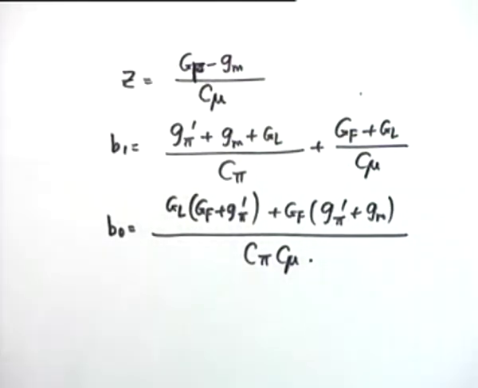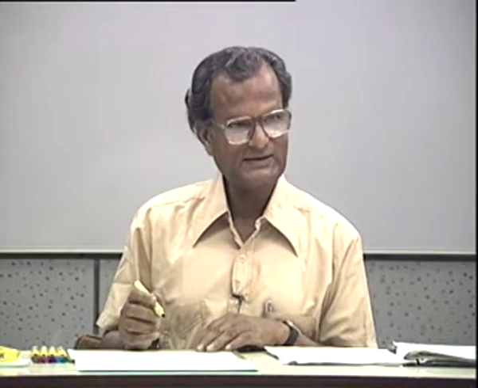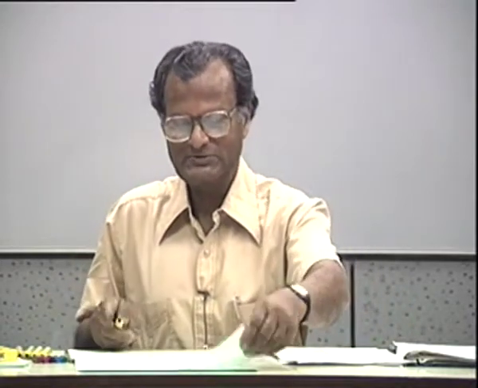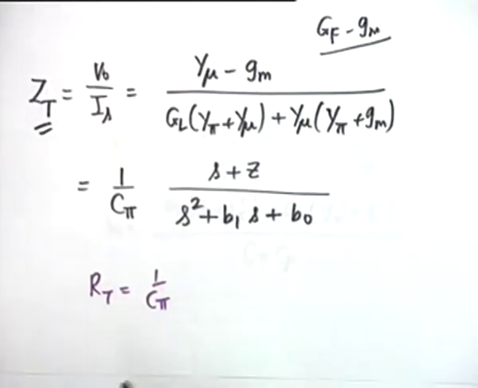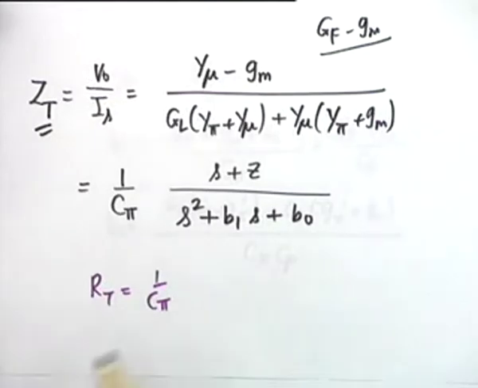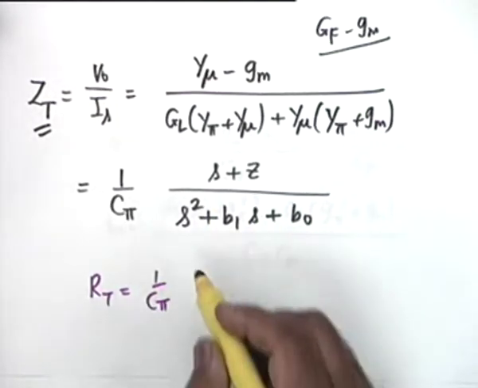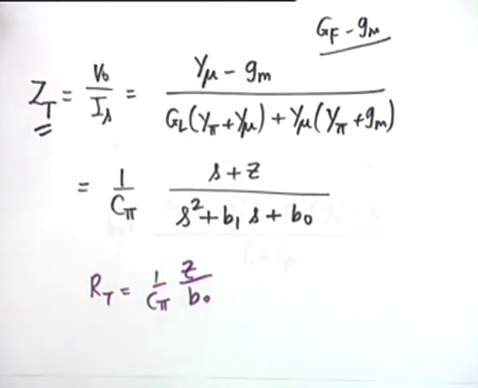Okay. Now, in order to find the midband gain, the midband gain obviously shall have the dimension of what? Impedance. So it will be a resistance. You can show that, if you go back to this expression, the midband gain would be 1 by C pi multiplied by, from this expression, Z by D0. That's right. So if you substitute the values and simplify, the midband gain comes out as